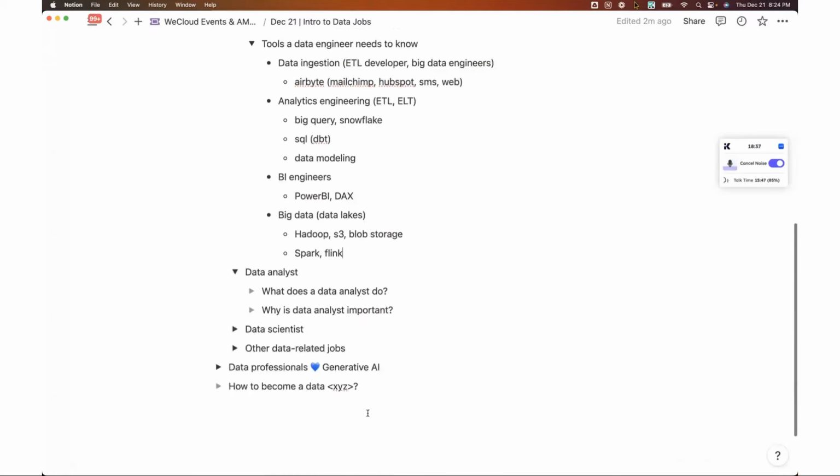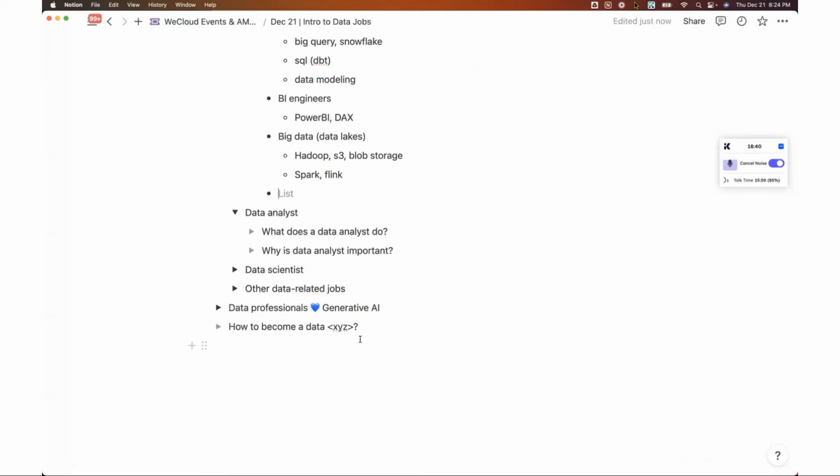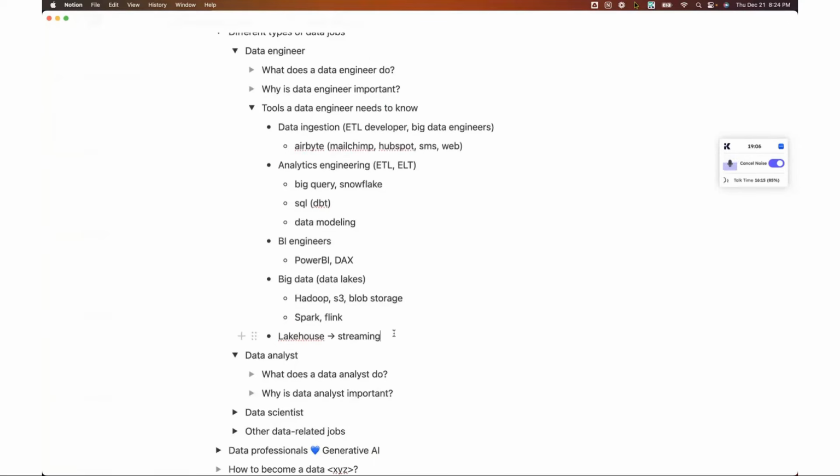There are also some new trends, things like Lakehouse, but that's just the next iteration of big data or data lake. But we're talking more about streaming data, real-time data. So a lot of software engineers actually work in this category, but definitely if you are passionate about real-time systems and big data systems, that's definitely the direction to go. So yeah, this is just a very quick high-level summary of some different types of data engineering jobs.